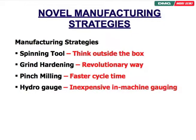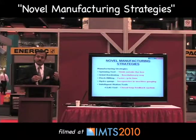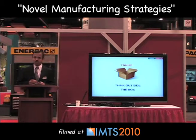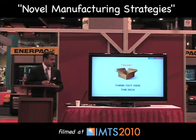Hydro gauge is an in-machine based gauging process which is really very inexpensive. And then I'm going to give a few flavors about intelligent motion tools, and I'm going to pick a special application for machining differential cases and how we have used a closed loop feedback system to improve the tool design further. So I will start with the first strategy, which is spinning tool, and what we like to call this is think outside the box,